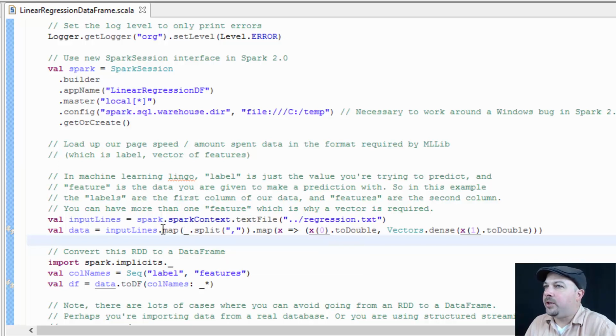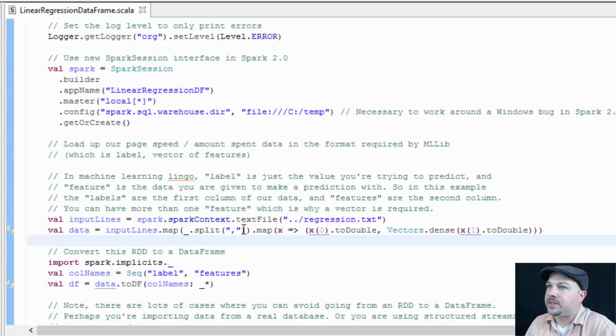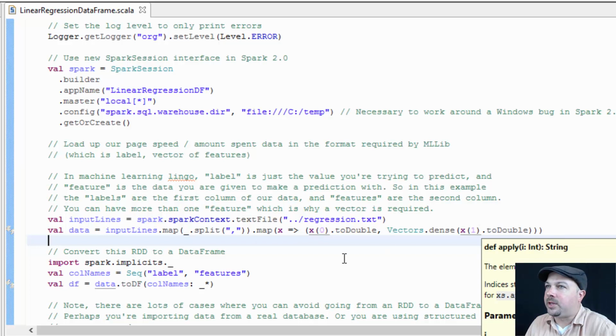So it means for whatever individual input is coming into your map function, that's represented by the underscore character. We're going to split that up based on commas. That creates a new RDD of comma-delimited information. And then we're going to map that in turn to some structured data here. So we're going to extract the first and second columns, which represent the labels and the features of our input